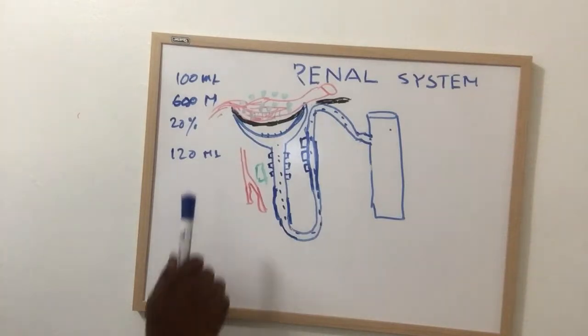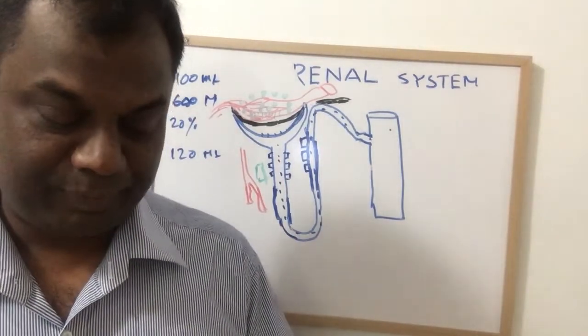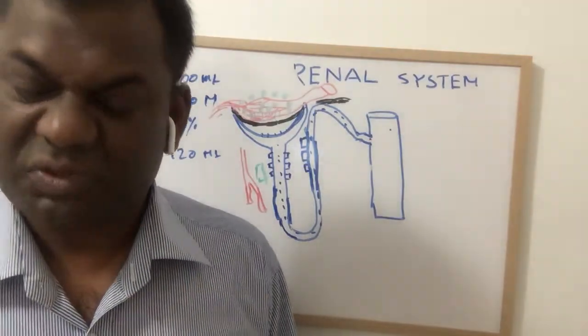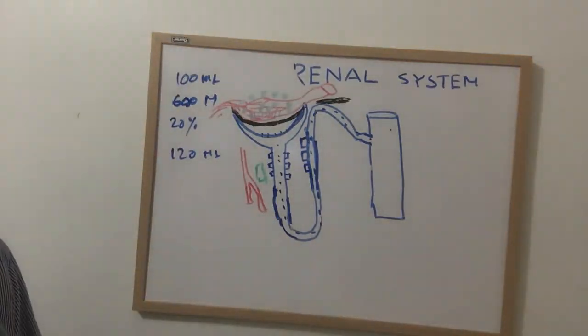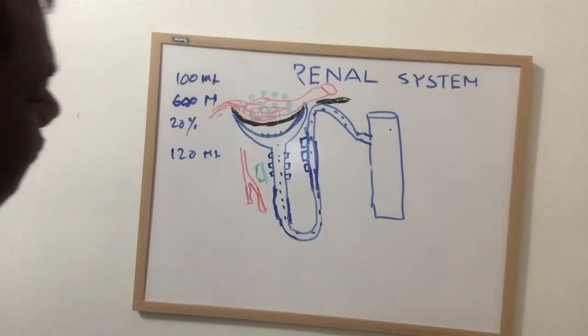In 24 hours, around a liter and a half, up to 2 liters, 3 liters of pure urine can be produced by a healthy kidney. Now,